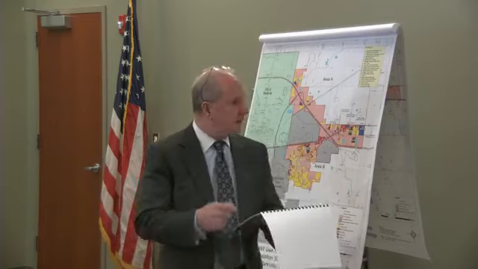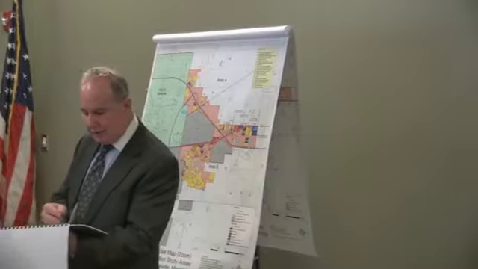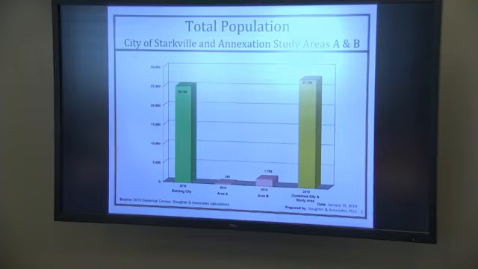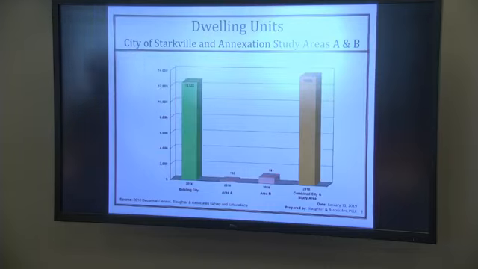Slide 2, you can see it has our 2018 population estimates for the city at a little over 25,000 population. Area A has only an estimated population of 245. Area B has much more population, right at 1,800, which would push the enlarged city to slightly over 27,000 in population. Next slide, similar graphics